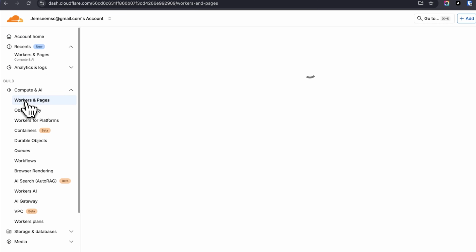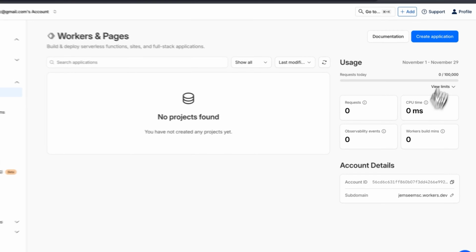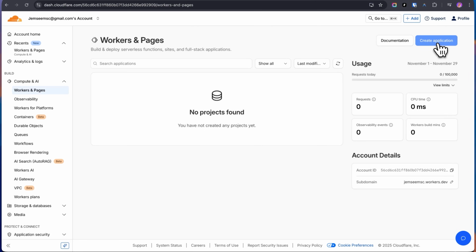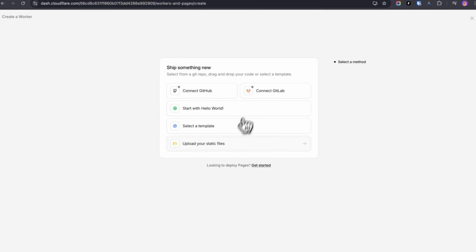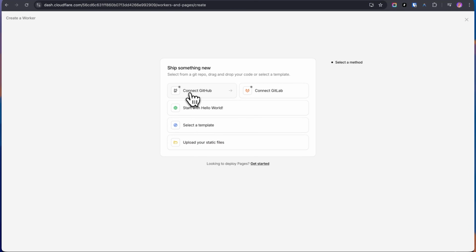Just click on it, and then you have to use create application. Just click on create application, and here you can find a bunch of options. Either you can use connect to GitHub, connect GitLab, and you can select the template, or you can upload your static file. Here I'm going to use the static file,